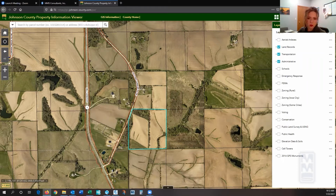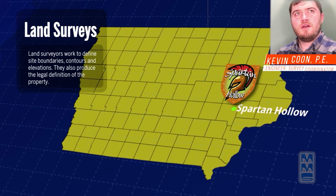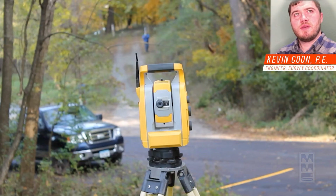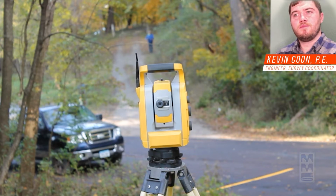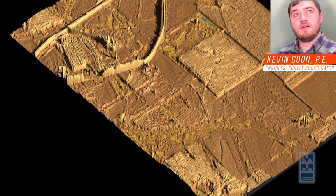We call it topo. Our surveyors go out and do a topographic survey, and they shoot in all the contours of the property. Spartan Hollow was a bit of a different site for us from a survey perspective because we used three main ways of gathering all the data. We used our typical way, which is using a total station and a GPS unit,